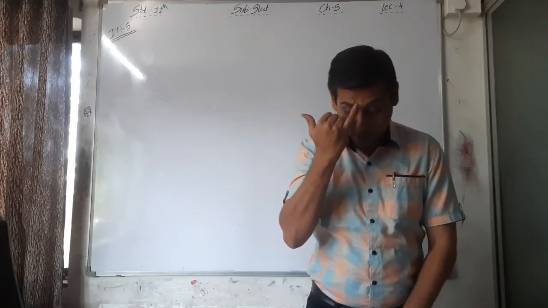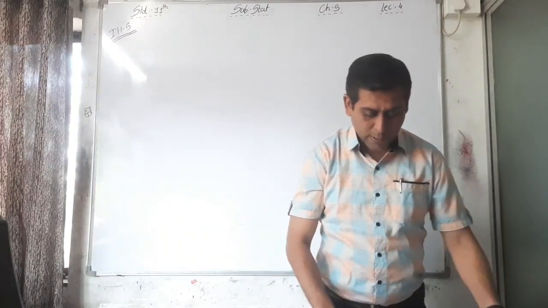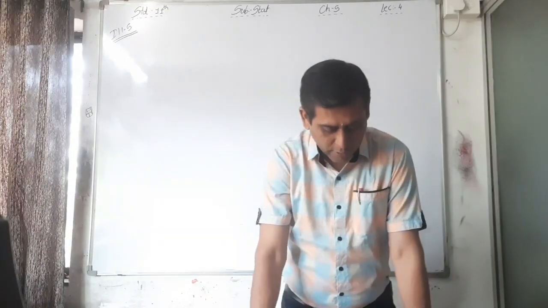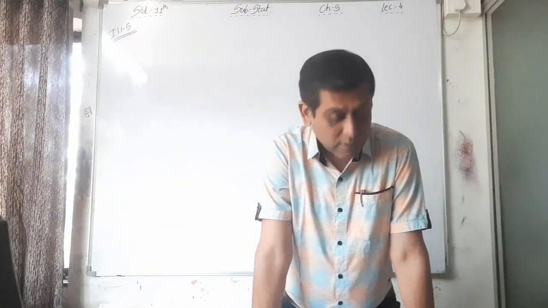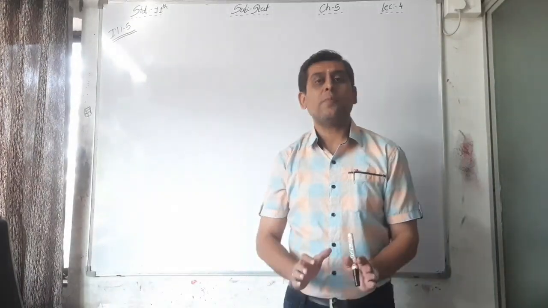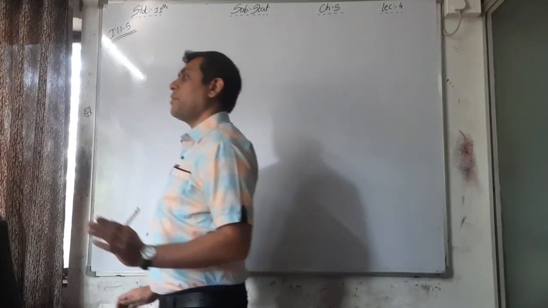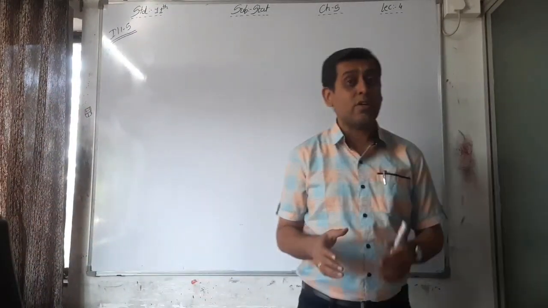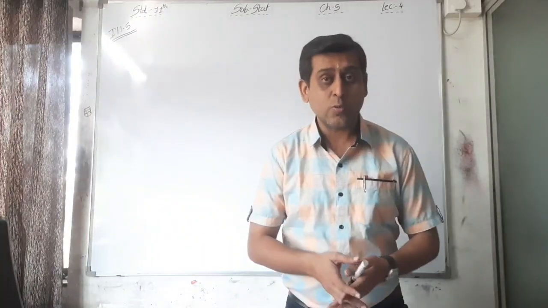See the question first. The following information is obtained for the life in complete hours of 400 electric bulbs. Find the skewness and the coefficient of skewness by the Karl Pearson method. Again, the Karl Pearson method only. We have to use the Karl Pearson method, but which one, first or second, they don't specify.